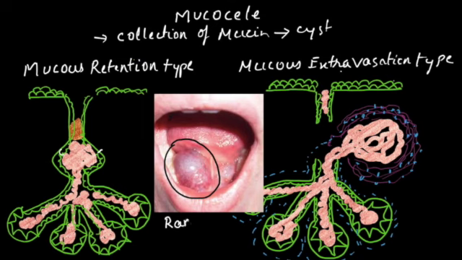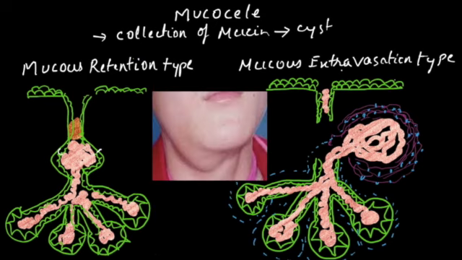Another interesting form of mucocele occurring on the floor of the mouth involving the sublingual salivary gland is the ranula. Rana in Latin means frog. This cyst resembles the underbelly of the frog, hence called ranula. Sometimes this ranula will dehisce the mylohyoid muscle and reach the submandibular area, and such a ranula, what you can see here, is called a plunging ranula.